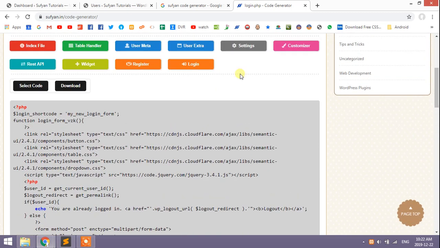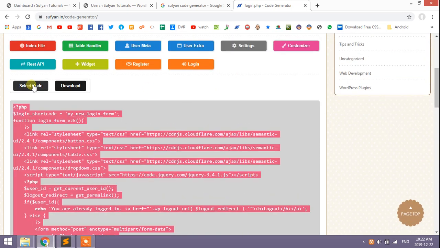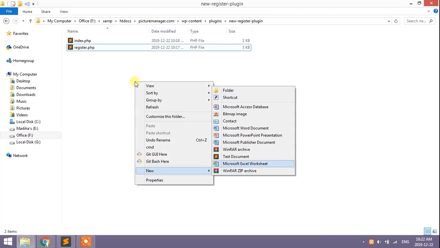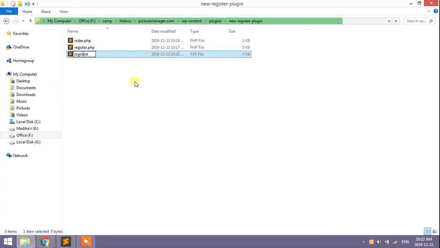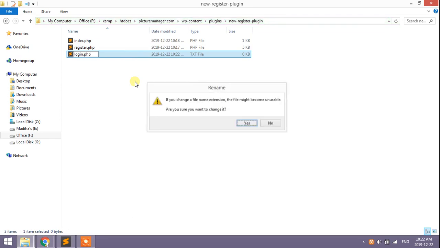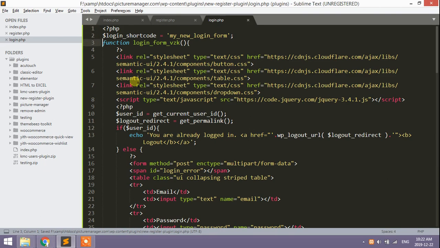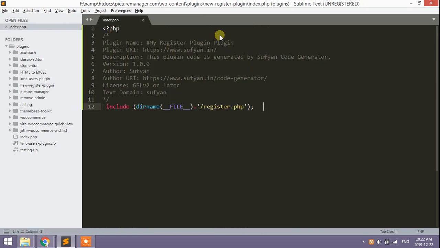So copy this code and go to your plugin folder, create a new file login.php, paste this code and copy this shortcode, my new login form.